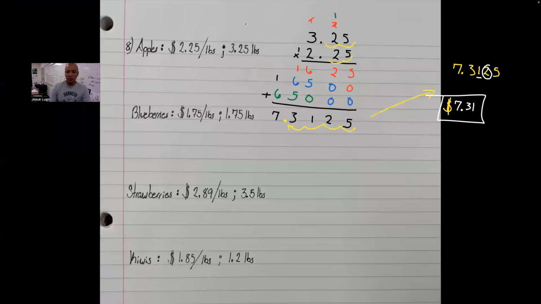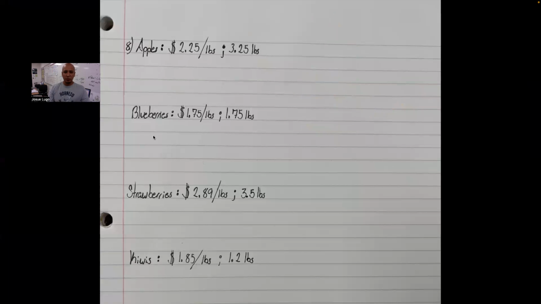All right, so we're done with the apples. Let's go ahead and do blueberries, 1.75 times 1.75. It's very similar to the apples because it's 2 3-digit numbers. Let's move on to the strawberries then. All right, so for strawberries, we are given $2.89 per pound, and we have